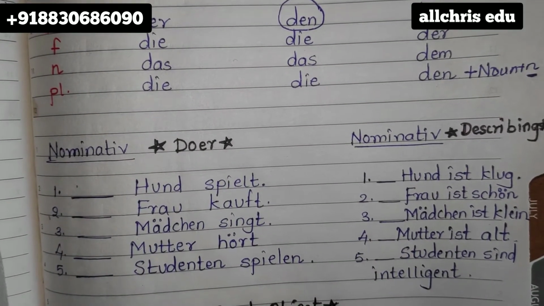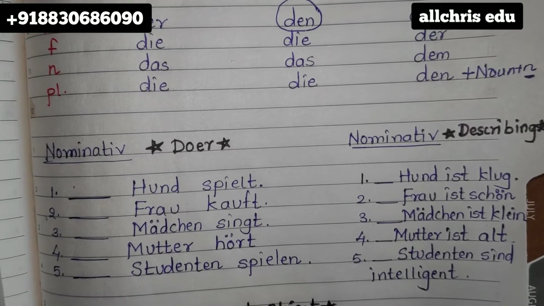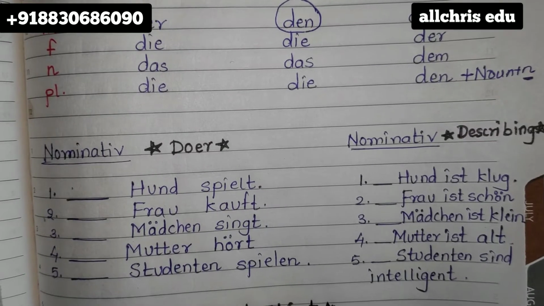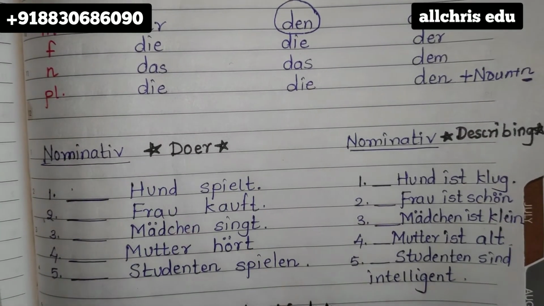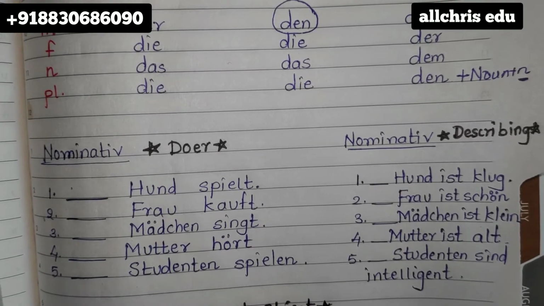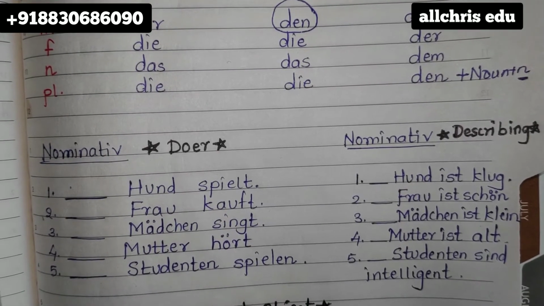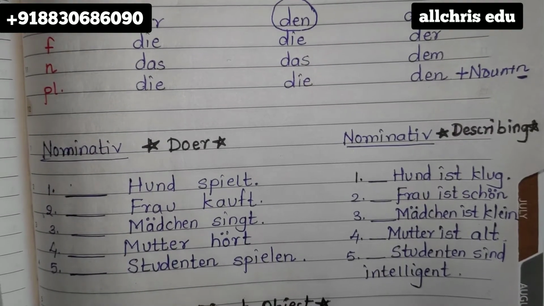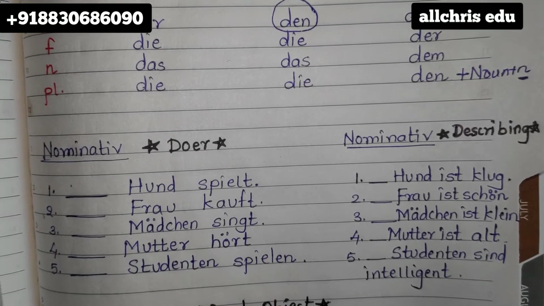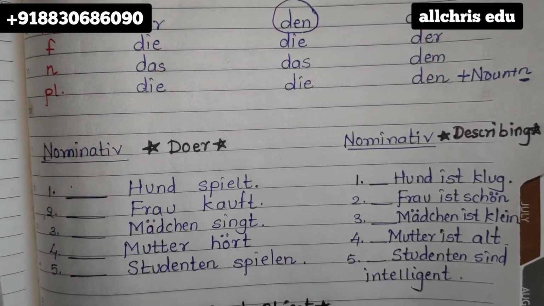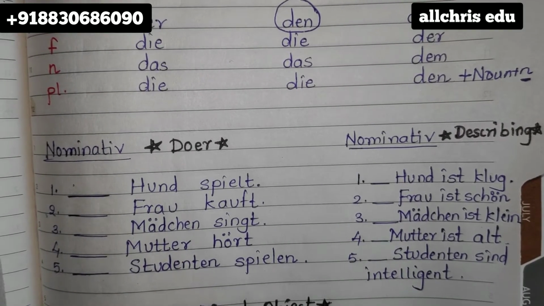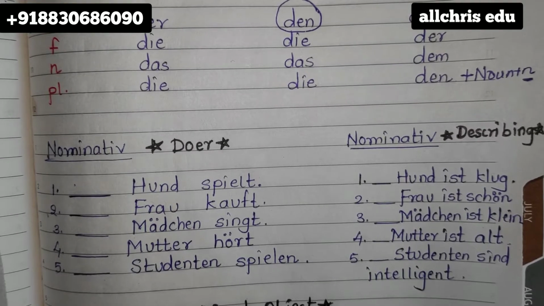Nominative meaning is doer, that is a subject. It has two meanings actually, so I have given you examples of both the meanings. So let's see first the doer. In these 5 sentences, because we are going to write the article for the nouns, I have given you a blank before the nouns. Articles are the best friends of nouns, students. Always remember this. So before the noun, if you see a blank, don't forget to mention the article according to the gender and the case. Cases means nominative, accusative, dative.